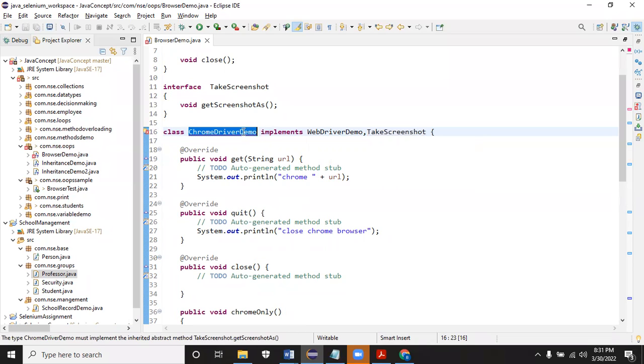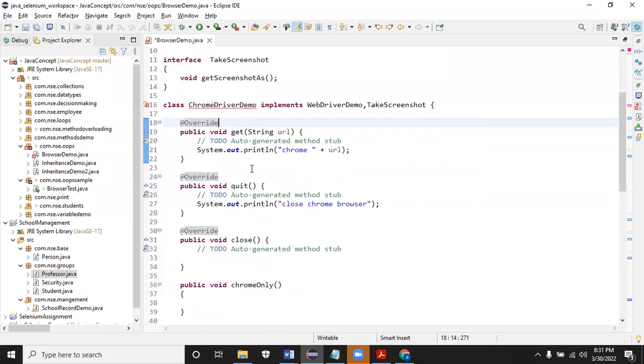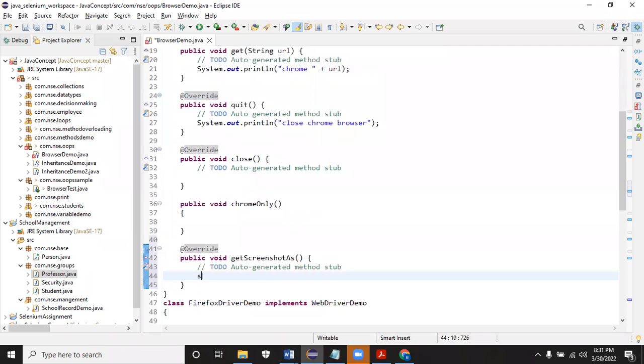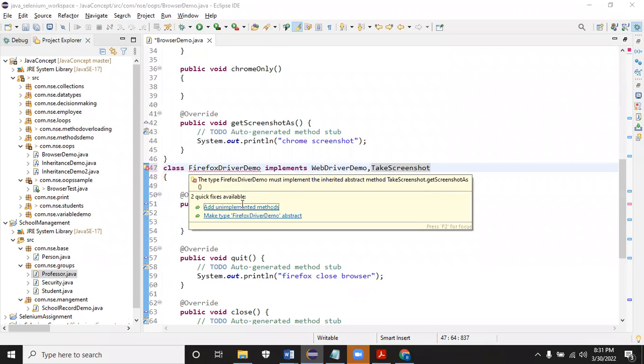The reason is we have to implement the definition of this also. You see, I added the logic here: System.out.println Chrome screenshot. Now the same interface will be implemented here. TakesScreenshot, and I have to give the definition here.